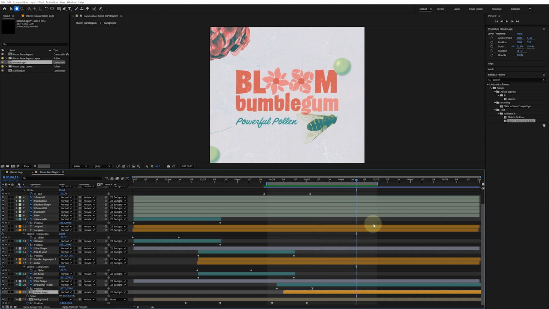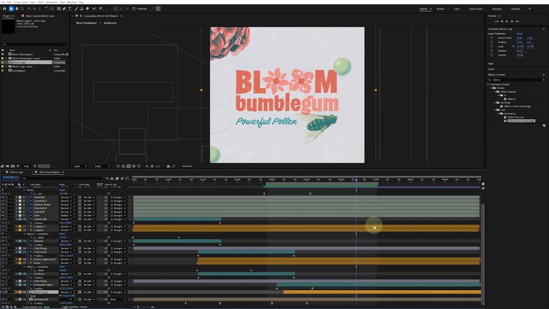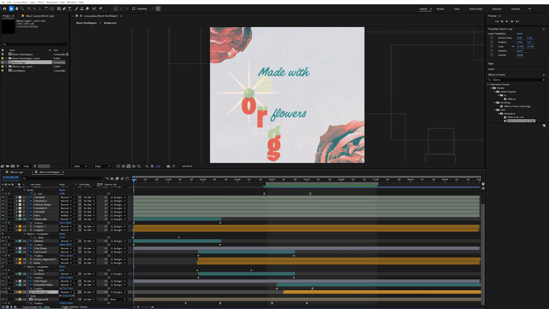That feels pretty good to me. We're getting really close. We've got all of our major pieces animated, but paying attention to the details, even if you're just adding something subtle, is the best way to make sure your animation will be really engaging. Let's go ahead and jump back to the very beginning of our composition, and we'll quickly animate this star shape,